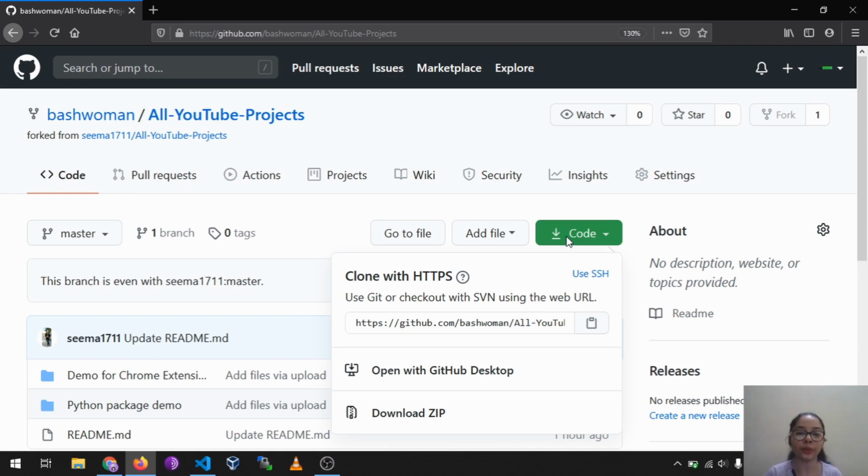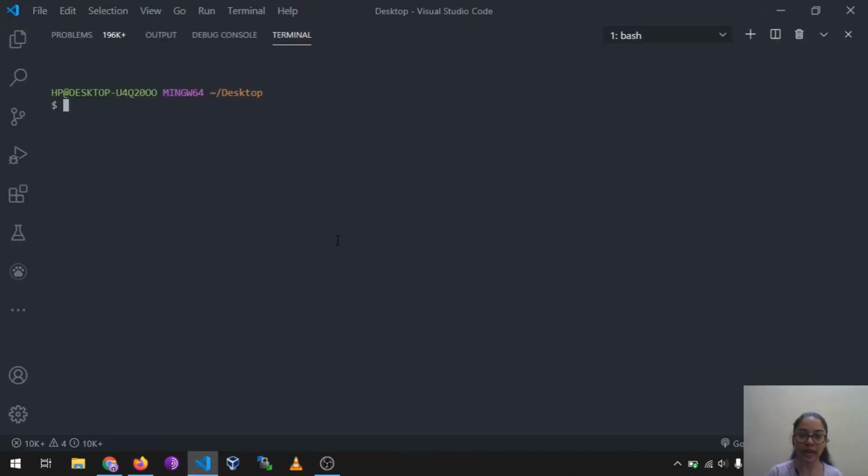Okay, how can you do that? Just copy this URL and open your VS Code or any of your favorite editor. VS Code is my favorite. Okay, so just type git clone and this URL. The commands in Git are pretty much self explanatory.